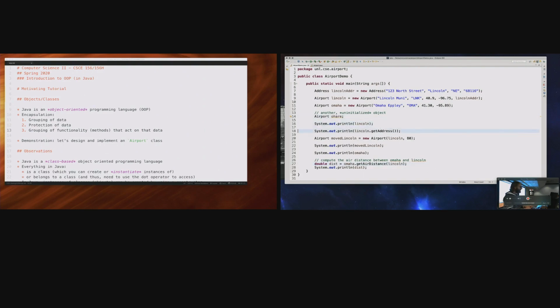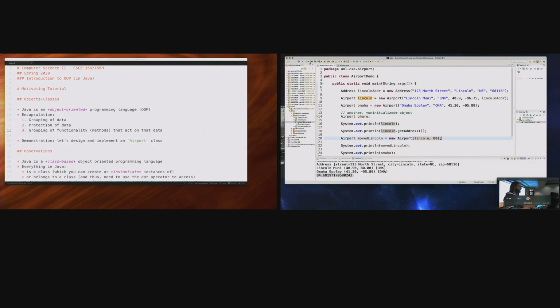Lincoln, I can get their address. We moved Lincoln several degrees east or west, I forget which it was, printed that out to show that that's in fact a different one because we used a copy constructor. Right? Let me go ahead and run this and make sure that I didn't break anything. Looks like it's correct. Now, one thing that the LAs did report was that some people were having trouble wrapping their heads around chained